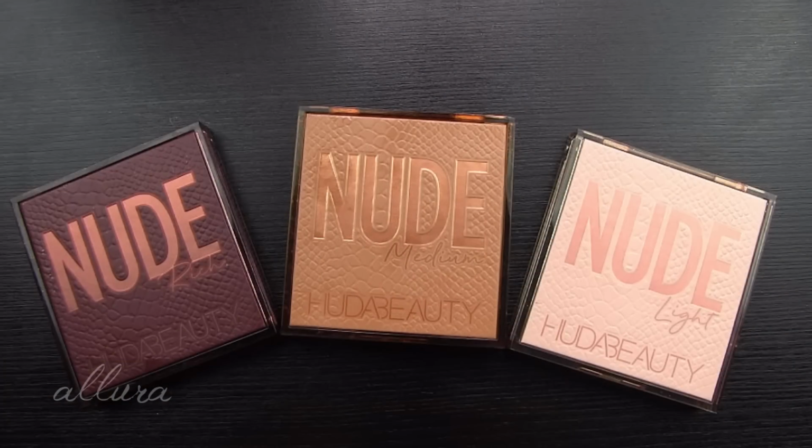Okay, so overall, these are good quality palettes. I do like the formula. I think that the formula for the mattes are very buttery, very smooth, apply with good color and good texture. The metallics are also very pretty, definitely a ton of shimmer, a ton of body to them, although now I'm questioning whether there's more body because the powder has been broken down and repressed by me,